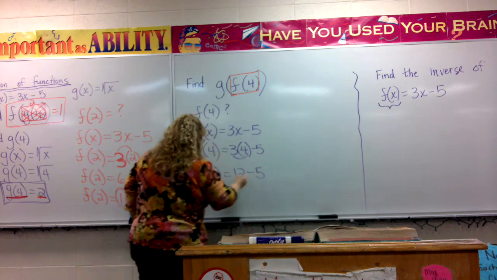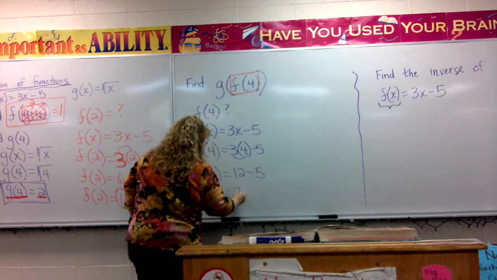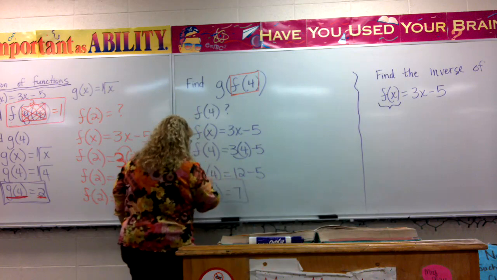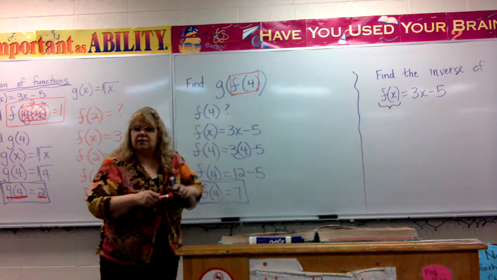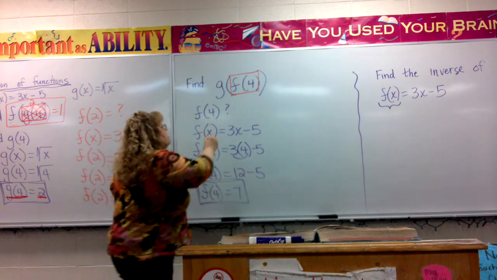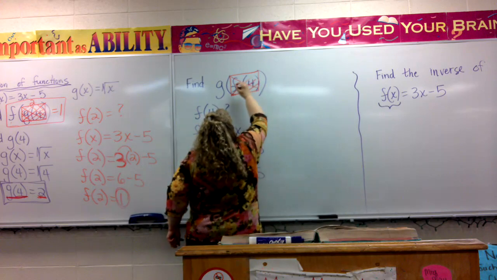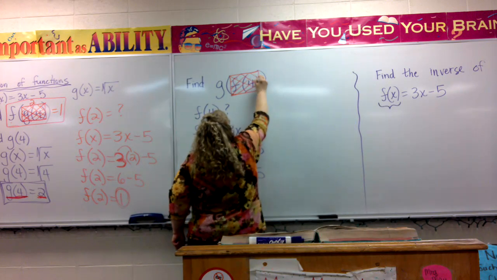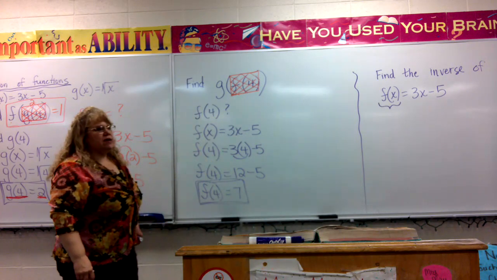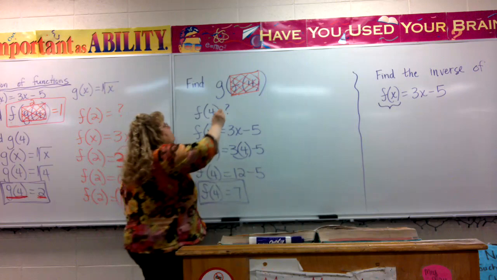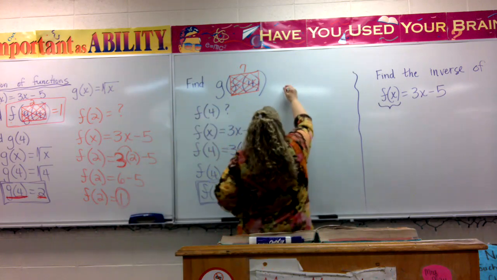Take away 5. What is that? f of 4 equals 7. Now, see this right here? Now I'm going to use my substitution. Up here, where I see this f of 4, I'm going to replace it with what it's equivalent to, which is 7. So in place of f of 4, I'm going to put a 7, and now I'm going to need to find